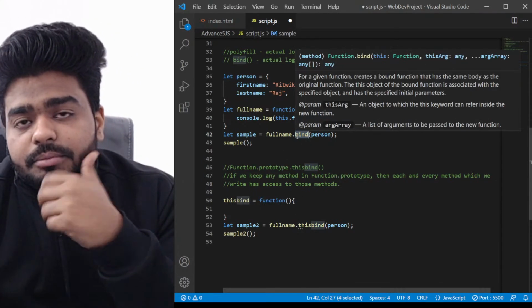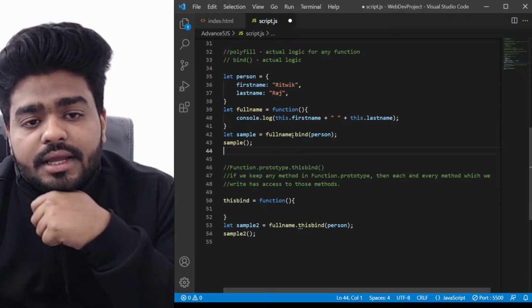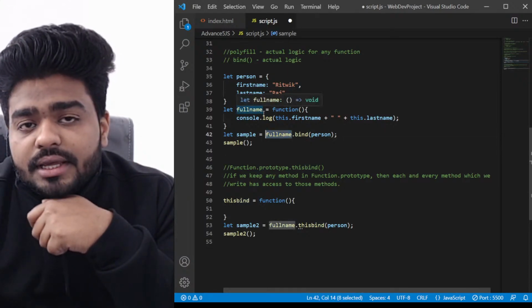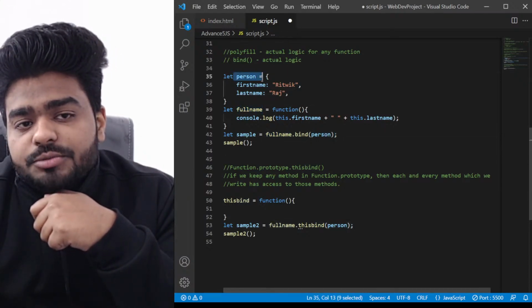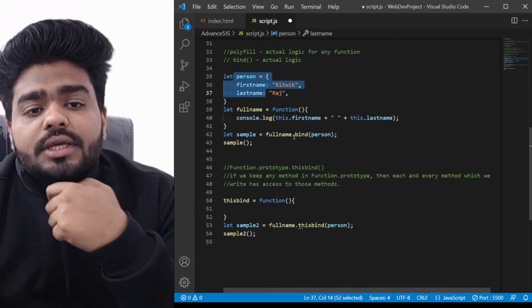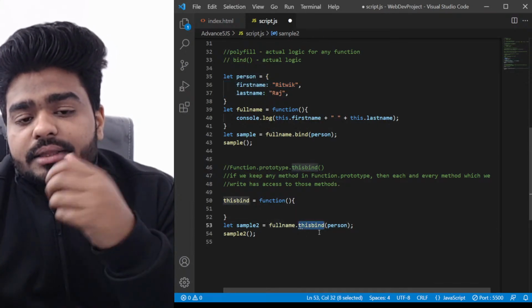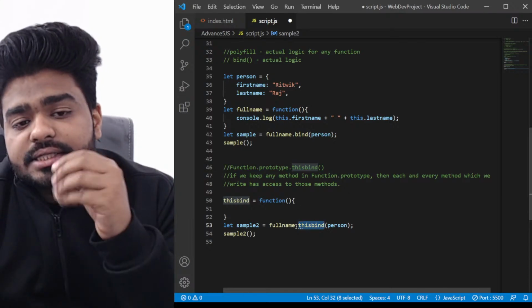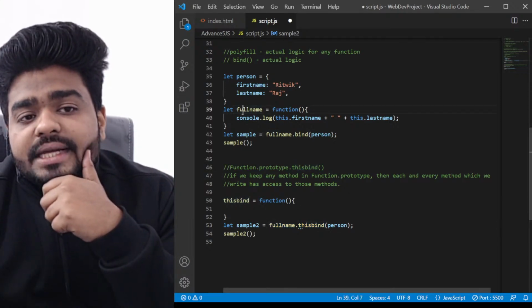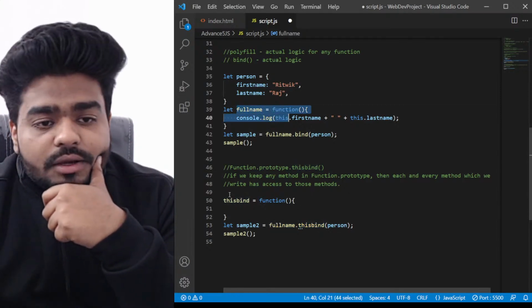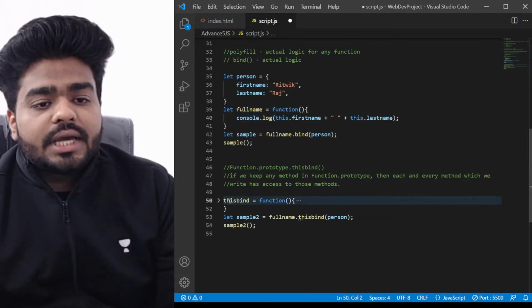This bind function, because there's a use of the bind method, that's why it can access the fullName method, and that's why it can access the person object also, right? So I need to make sure that if I'm using this bind, then this should give access to the fullName method as well. For that, what we have to do, we have to write here